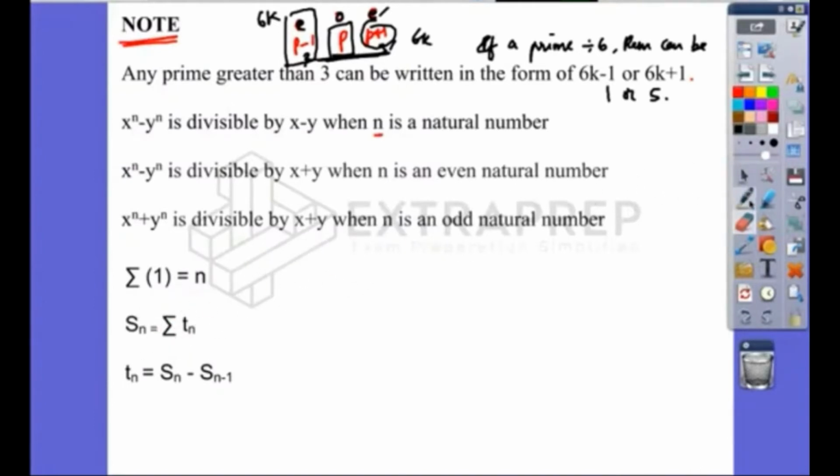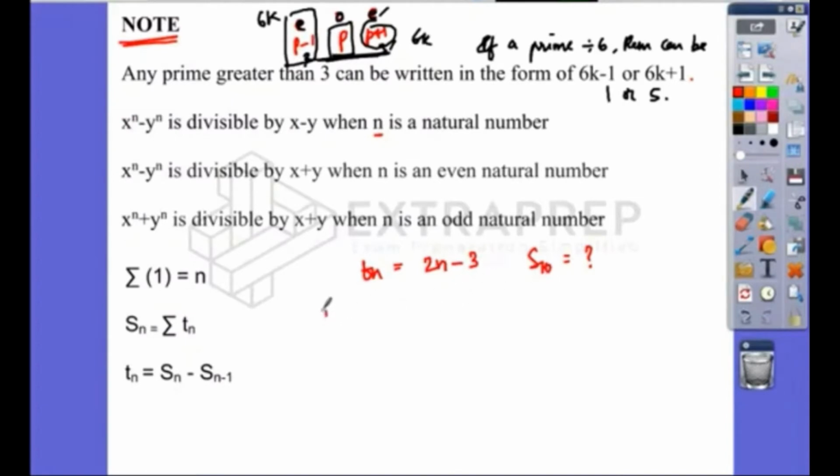And then sum of n terms is equal to sigma Tn. For example, if I tell you that the nth term of a series is 2n minus 3, and I ask you to find the sum of 10 terms: when you put n equals 1, you get the first term. You put n equals 2, you get the second term. You put n equals 3, you get the third term. It goes on like that up to 10. So you'll have to find all the 10 terms and then add them up to get the sum of 10 terms.